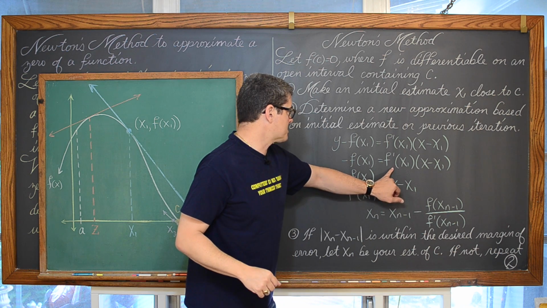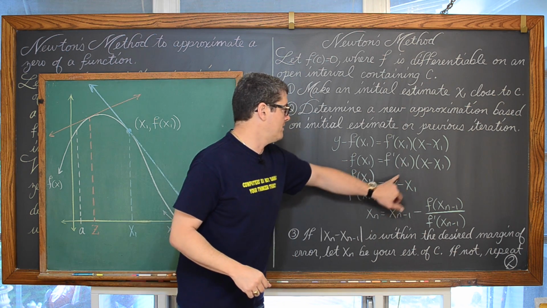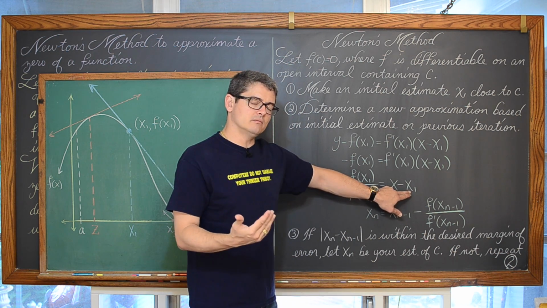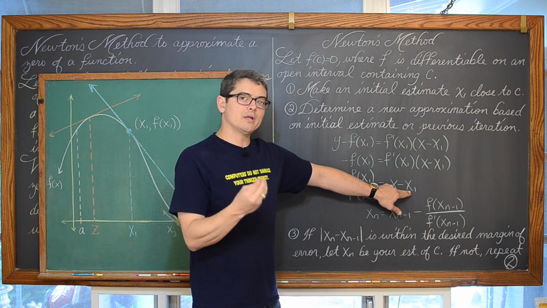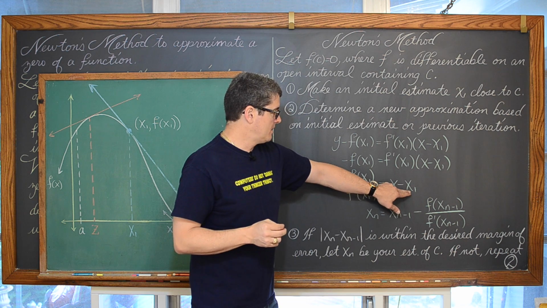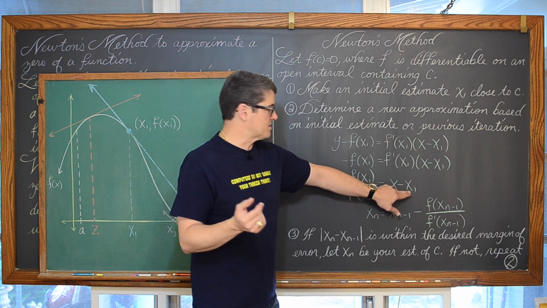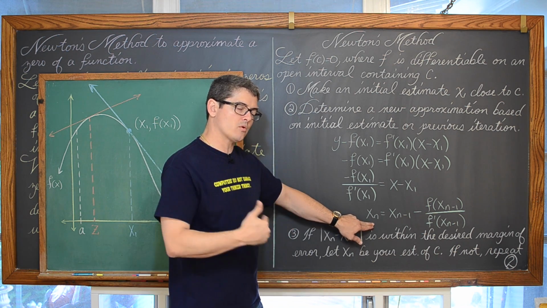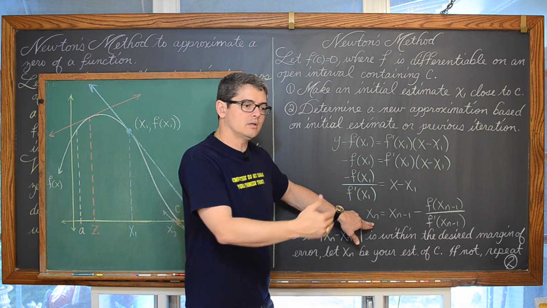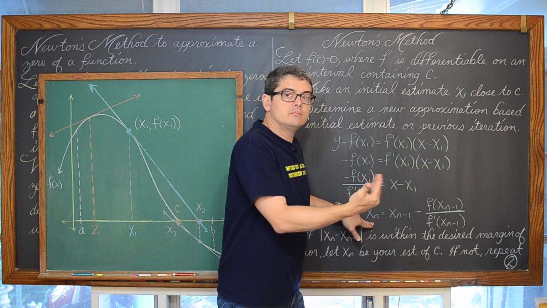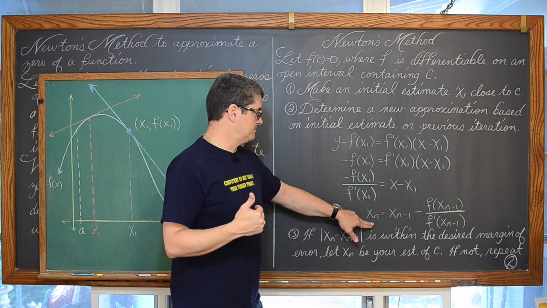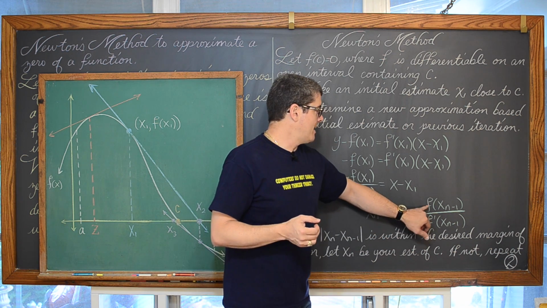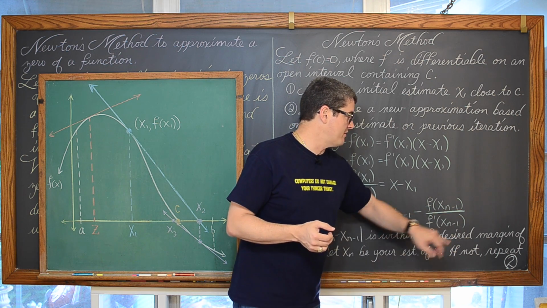Y is equal to 0. We're going to divide both sides by the derivative, or f prime of x sub 1. And then we're going to take that x sub 1. Now in this derivation, it's a variable, but that x sub 1 is going to be a number. That's going to be your initial guess of the x-intercept. So we're going to add x sub 1 to both sides, and x sub n. I'm bringing these subscripts in because we're going to, again, use a sequence or a list of new tangent lines based off the previous tangent lines. And so we have x sub n is equal to x sub n minus 1 minus f of x sub n minus 1 over f prime of x sub n minus 1.